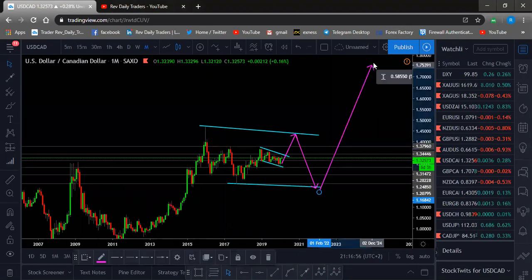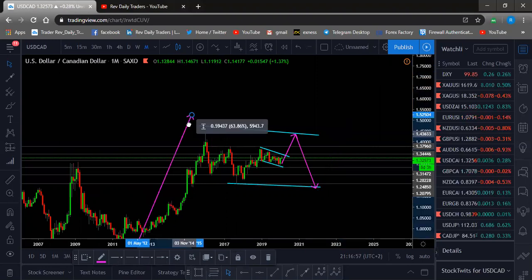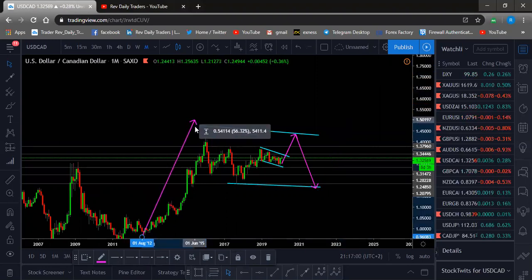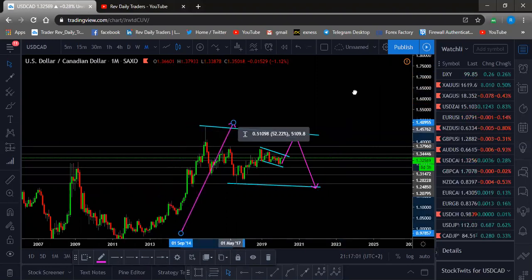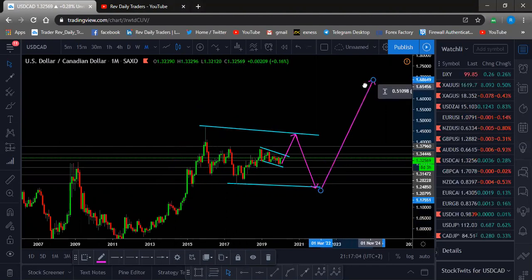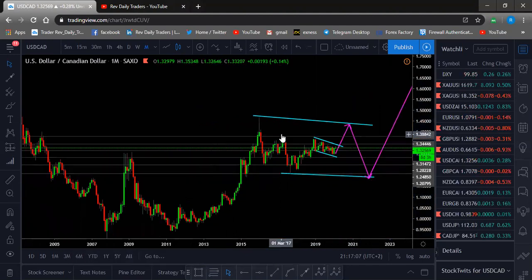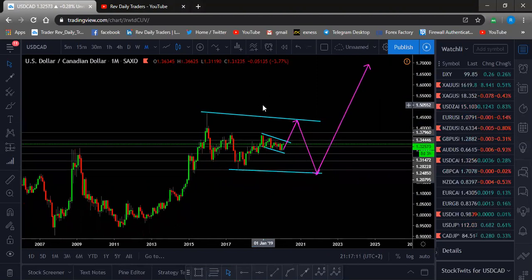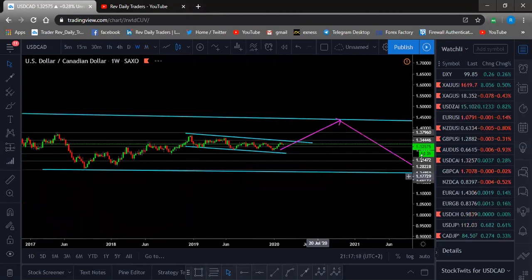Okay. The same length as this one. Okay. Right. After we show our pattern on monthly, we move to weekly to see if the market is ready